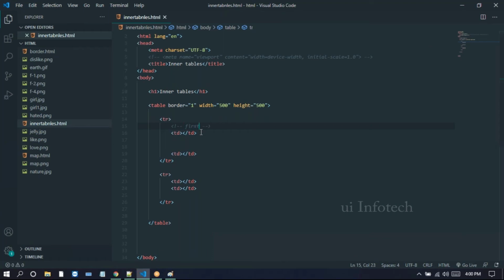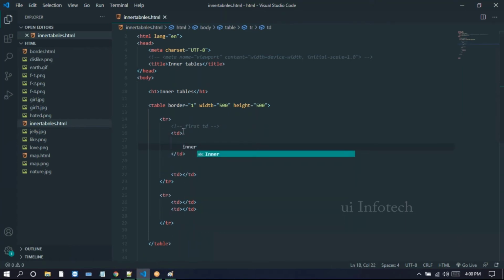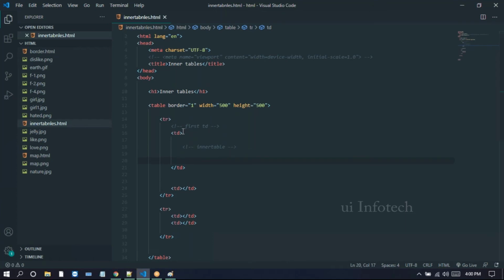In this inner table, I'm taking the table here. For this table, we need to write border equal to 1. After that, we write width and height. Look at this one.